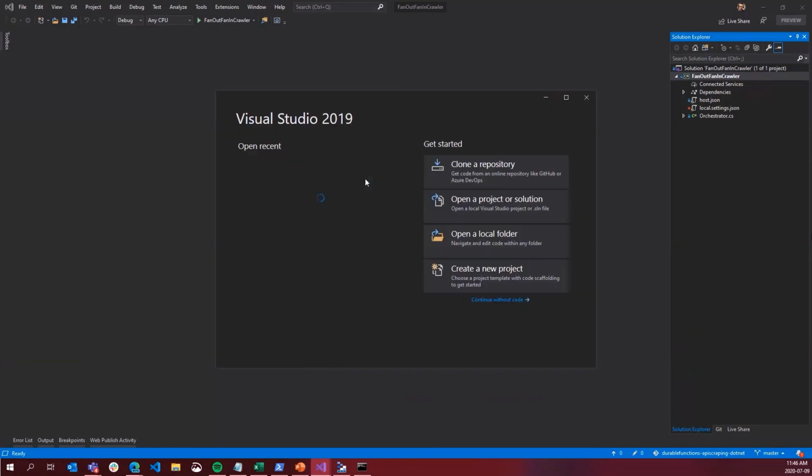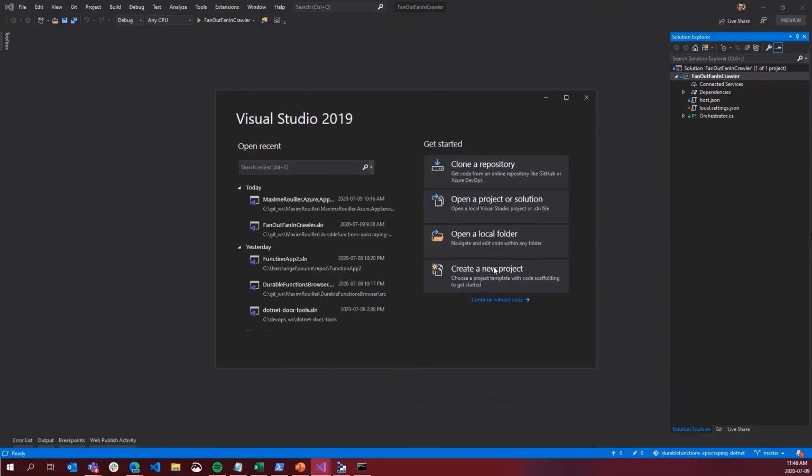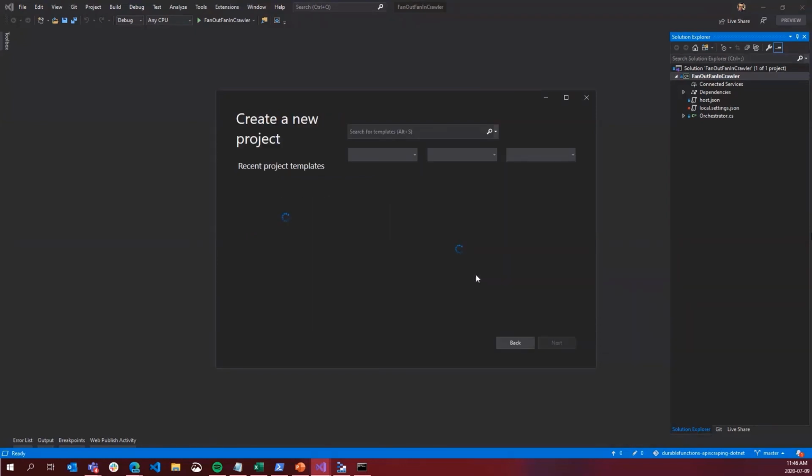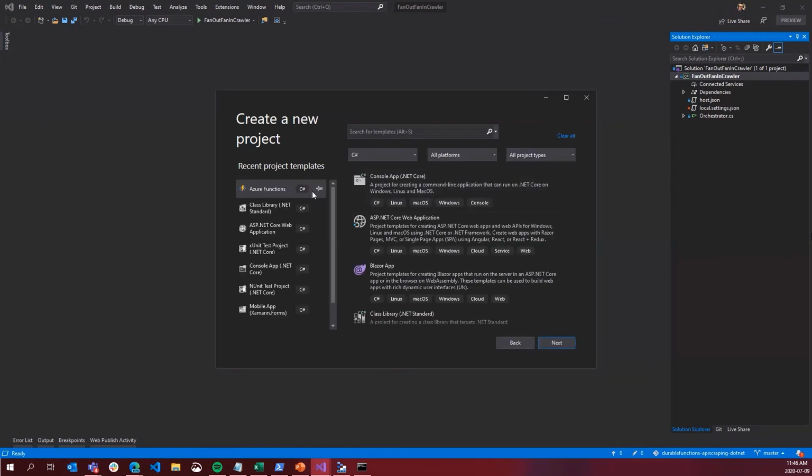Let's create that same function again together. So we're going to create a new project. It's not going to be hard, unless things start crashing on me, but it should not be hard. So Azure function here on the left, because I use it all the time, but otherwise you can do C#,